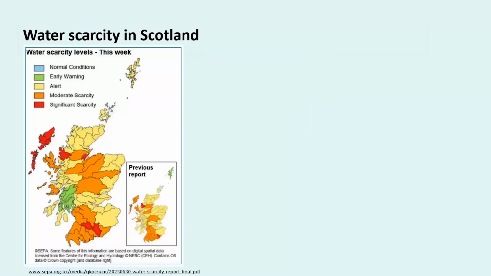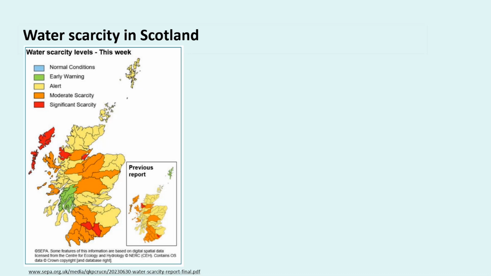Next slide, please. So despite the Aqueduct map showing future water stress in Scotland as low, we already experience water scarcity in the summer months. This is the SEPA water scarcity report for 30th of June 2023. Now, this is different to the Environment Agency's designation of seriously water stressed areas, because this is a snapshot in time, and they do this every week during the summer period. What is unusual is that this isn't particularly unusual. There were similar reports in previous years.